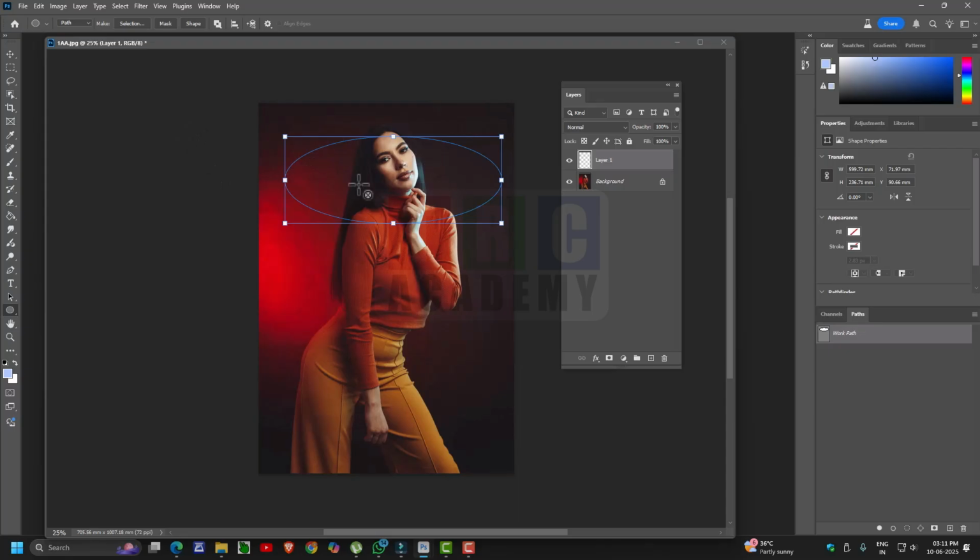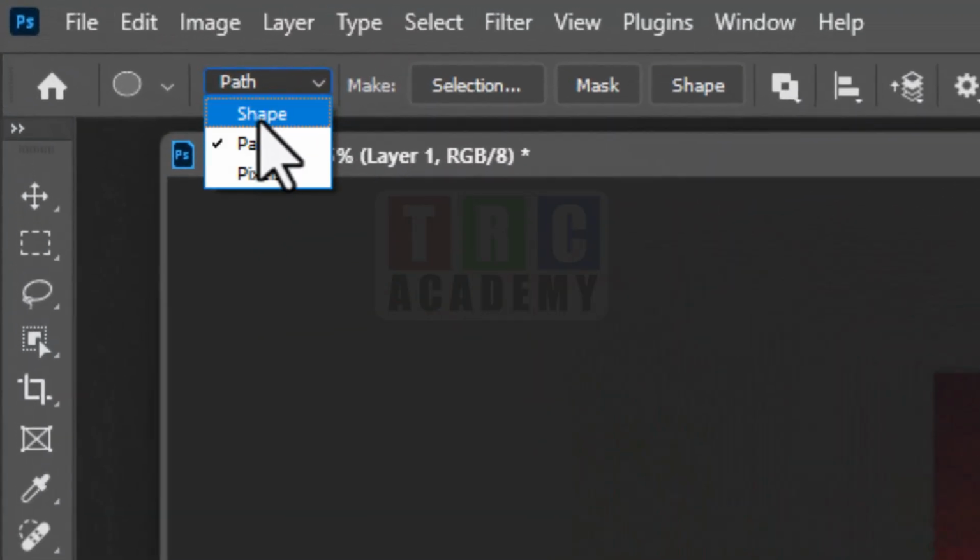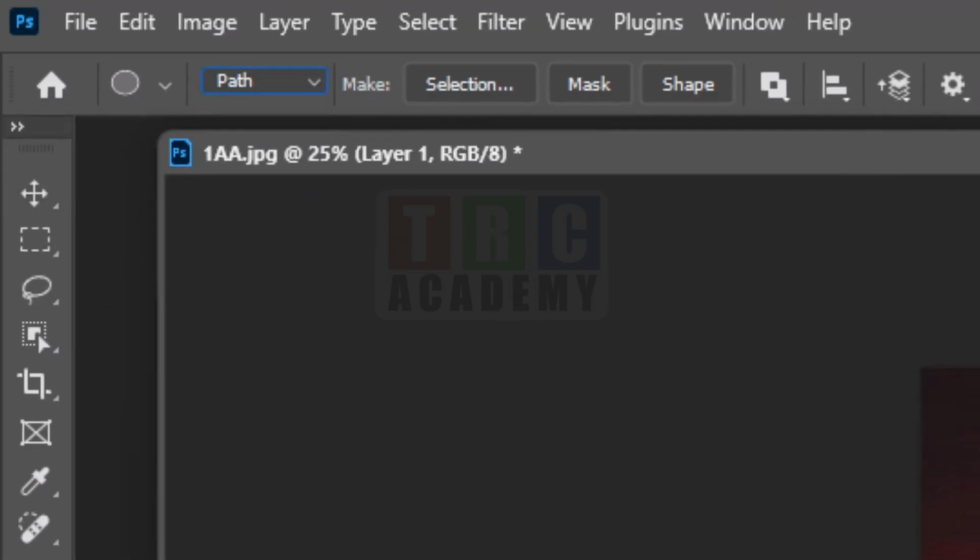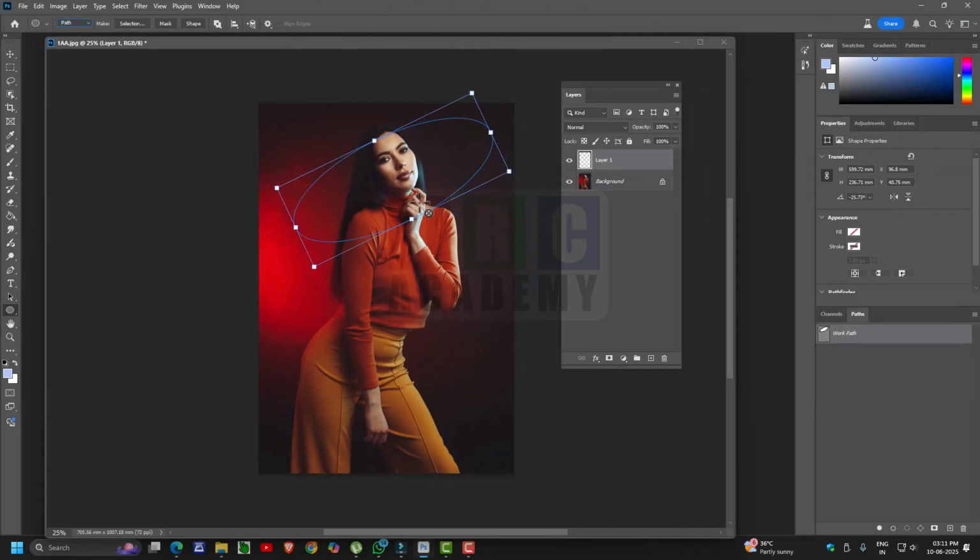But when you do this, make sure in the top you have three. One is a shape, one is a path, and one is a pixel. You have to click on the path and rotate it, push it down to the required area and keep it like this. Okay,